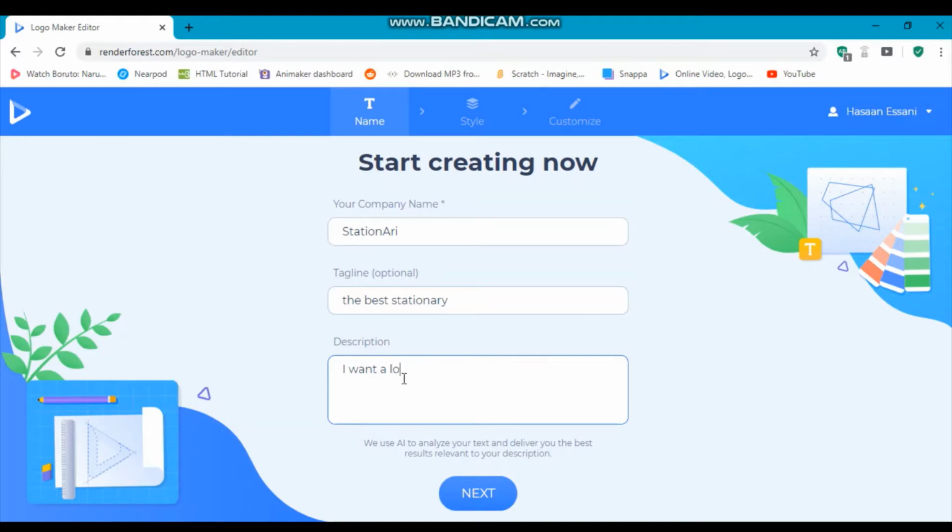I want a logo for my stationery shop, stationery shop which sells stationery, of course, and books and other appliances. Now once you've done this, you can just click next,